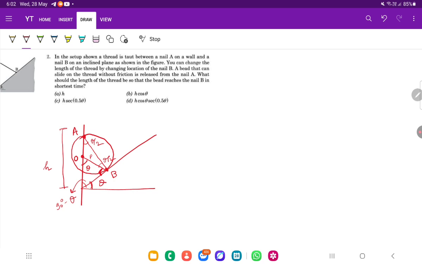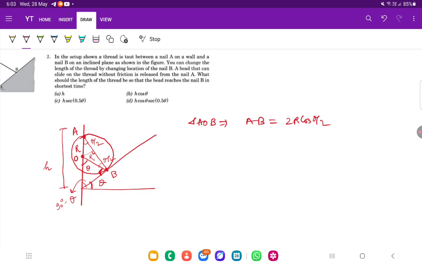next, this one is also R, this one is also R, and from triangle AOB we can easily write that AB is nothing but 2R cos theta by 2. You just drop a perpendicular from point O, and in this right angle triangle you can see that this length is R cos theta by 2, this is also R cos theta by 2, so AB is 2R cos theta by 2. Okay,